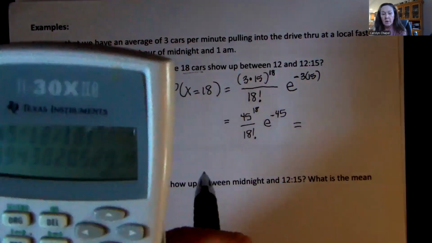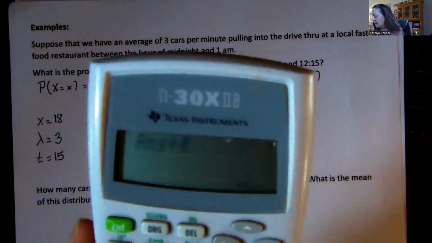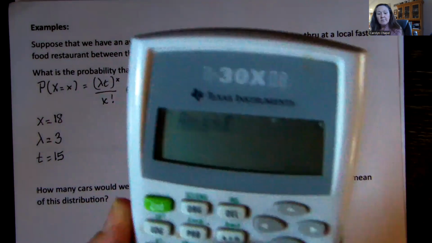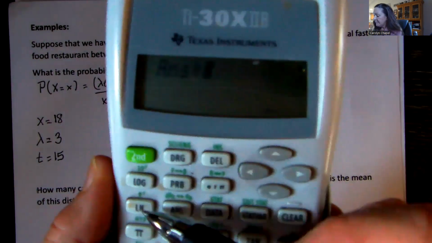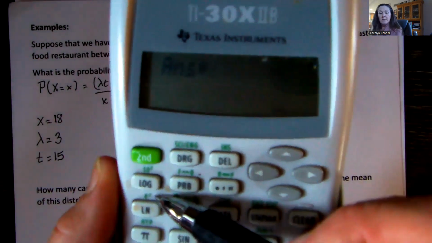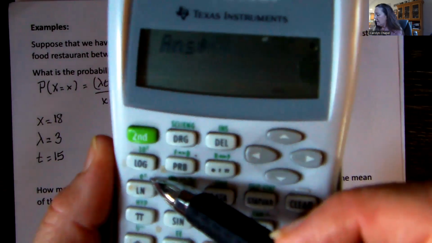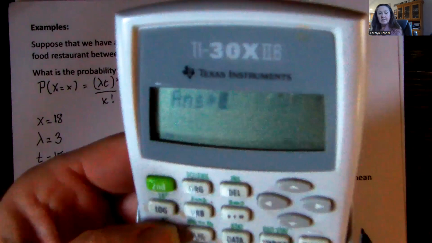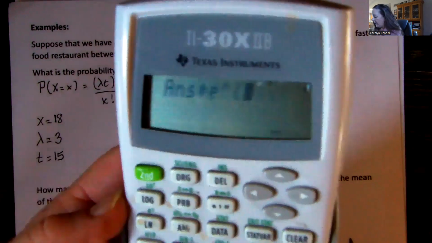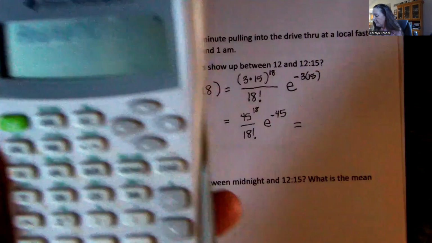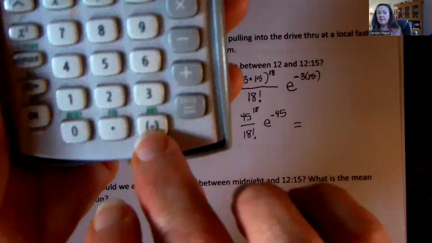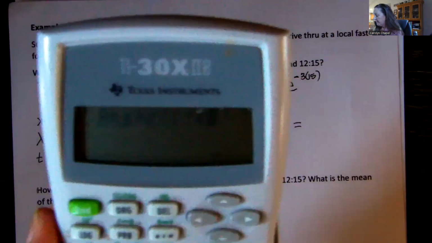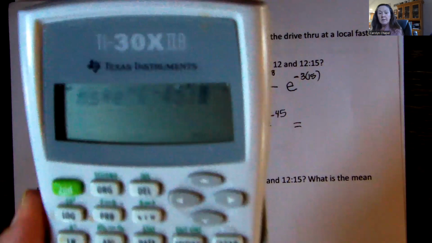And we're going to then multiply this by e to that negative 45. So I'm going to go multiplication. And my E button, you'll notice mine here is going to be above this ln key. So it's this little function right there. So I need to do my second function, this, and you'll see the E pop up. And then I need to put in my negative 45. For me, my negative, I have to hit this key. And then I'm going to hit equals.